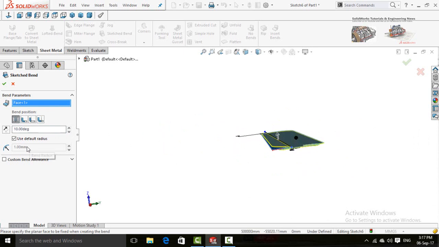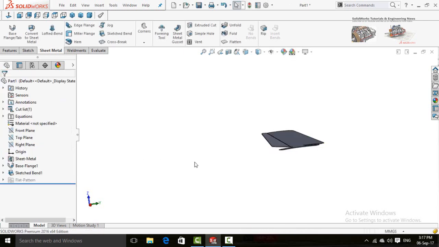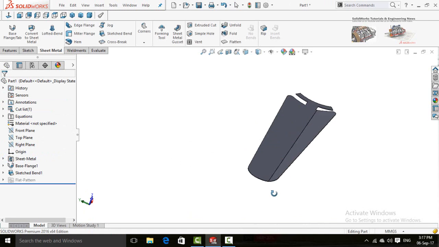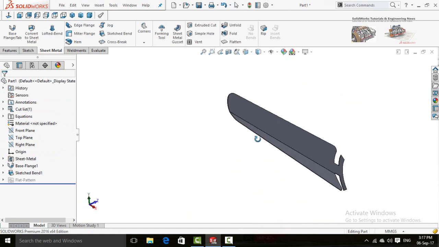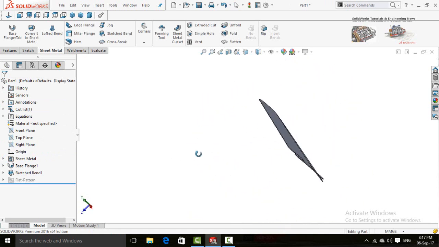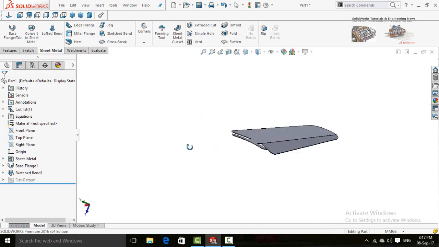And here is the bend radius. If you want to edit it, just uncheck this box, use default radius. Press OK button. So the blade is ready now.